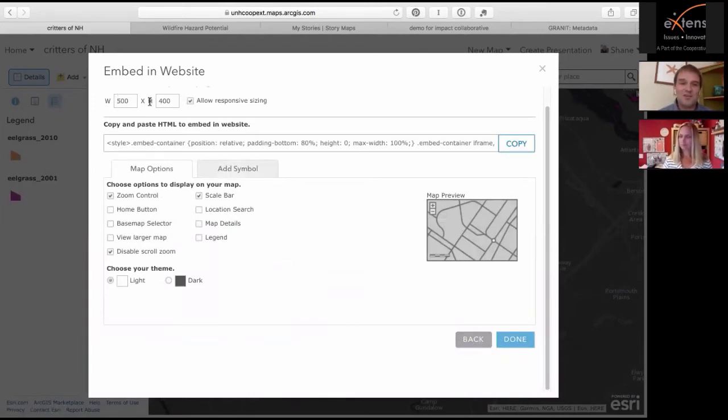And you see up here, you can set the size that you want it, and there's a whole bunch of different options. Do you want a scale bar or not? Do you want zoom control or not? Do you want to have people to be able to see the map details or a legend? And as you're making these changes here,